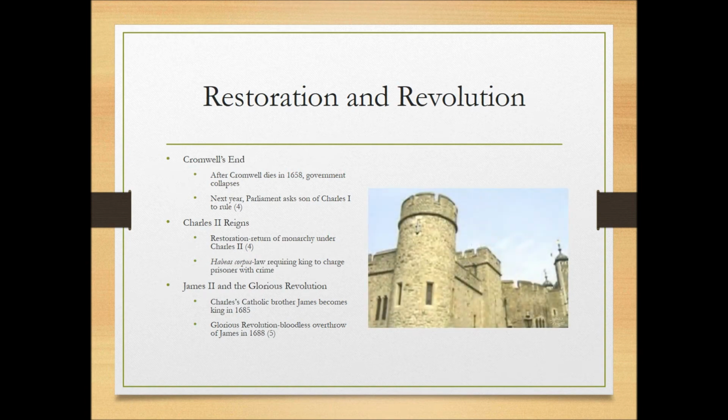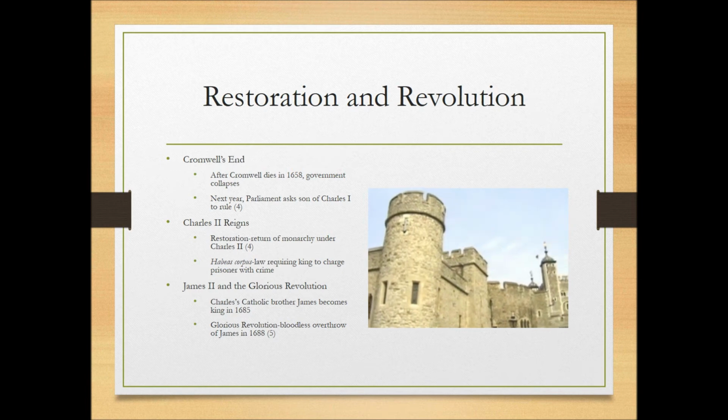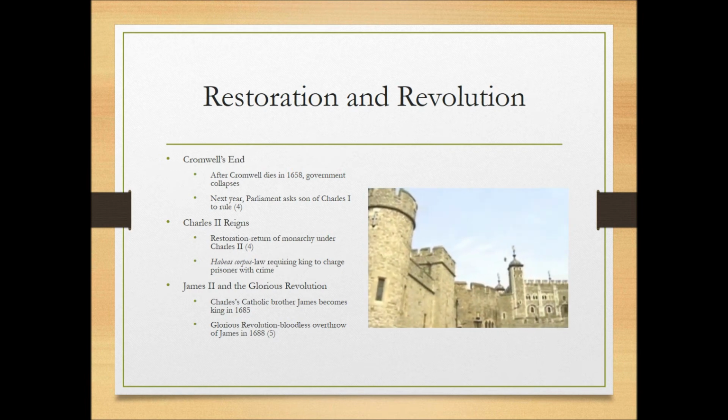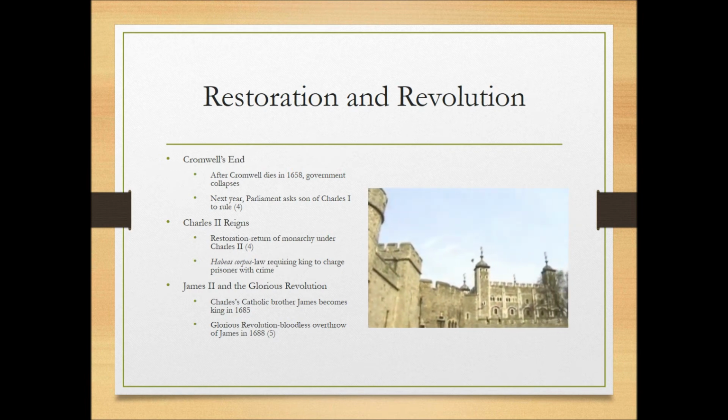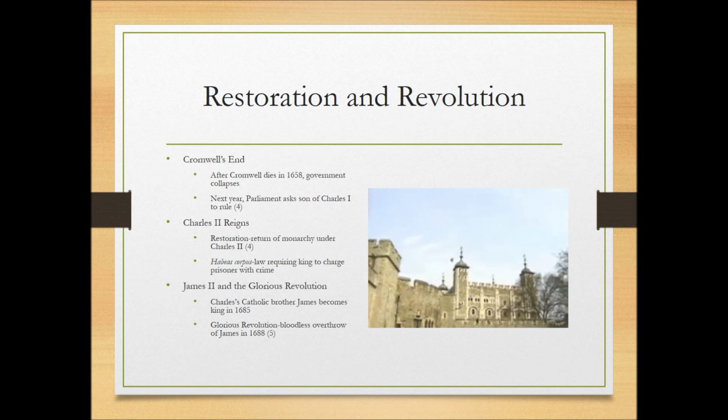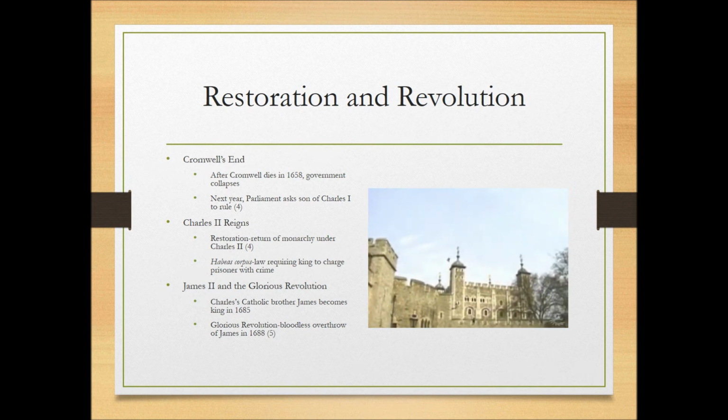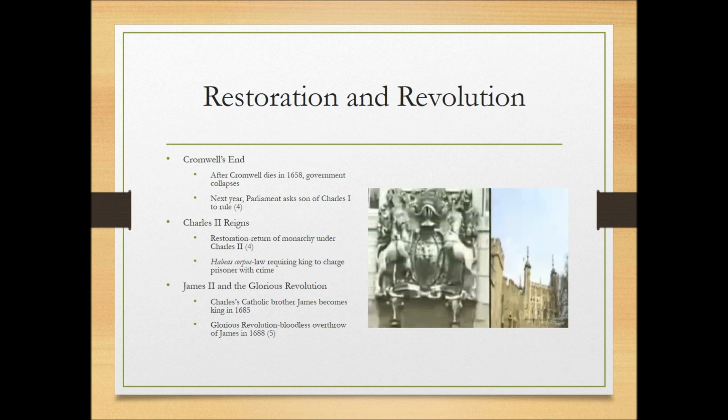Now, when Cromwell died in 1658, the government actually collapsed, as is often the case when you set up a dictatorship ruling by personality. And so the next year, Parliament came back and asked the king's son to return to power. And so Charles II restored the monarchy for a period of time. However,